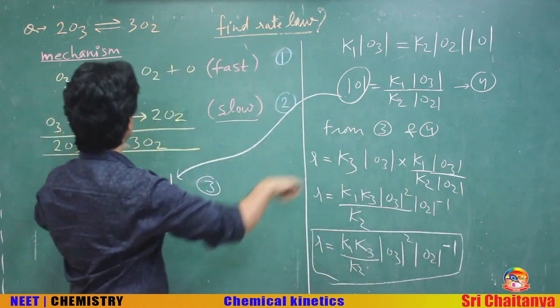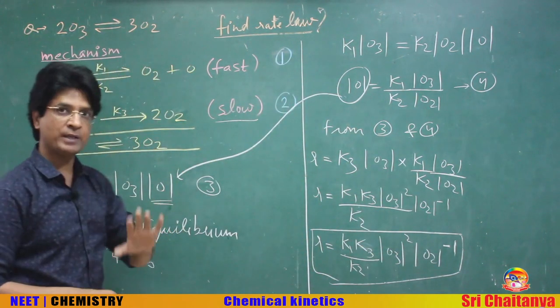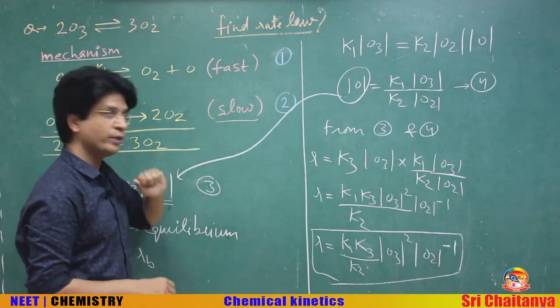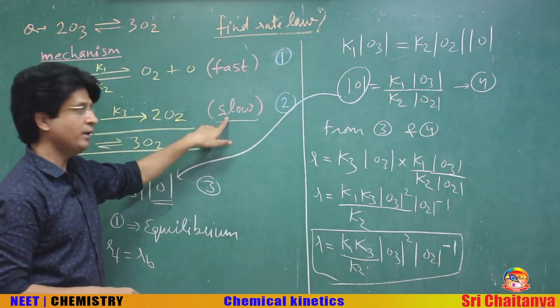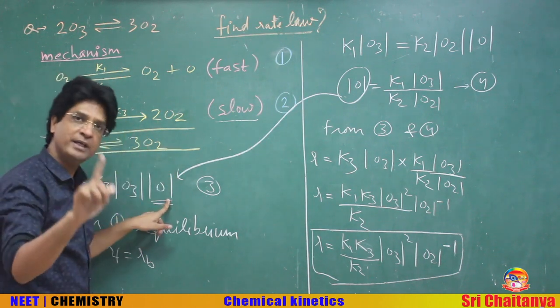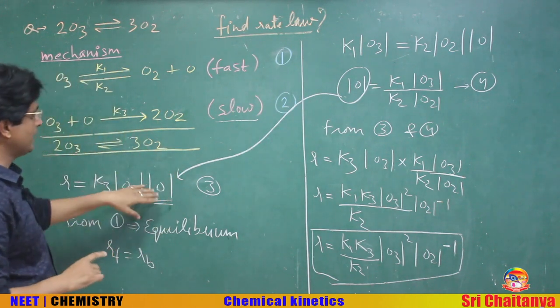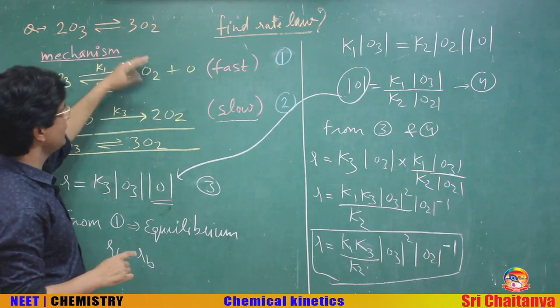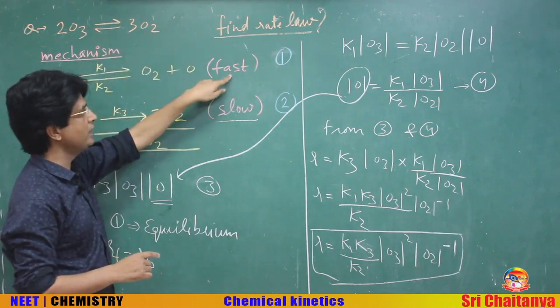So this is how you are going to solve the questions of mechanism. How will you do that? I'll just revise it for you. Go for the slowest reaction, write down the rate law for that. This rate law will always contain an intermediate. To remove that intermediate, you have to always go to the previous equation, which will always be a fast reaction,